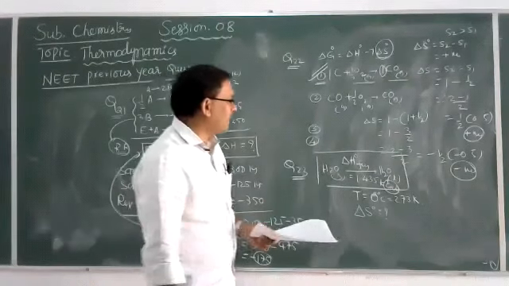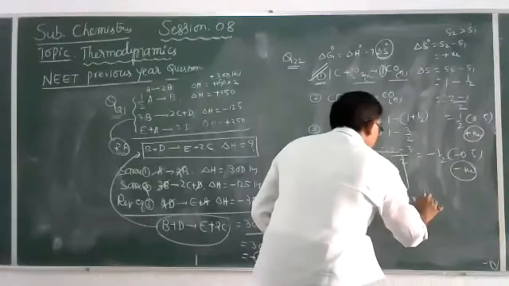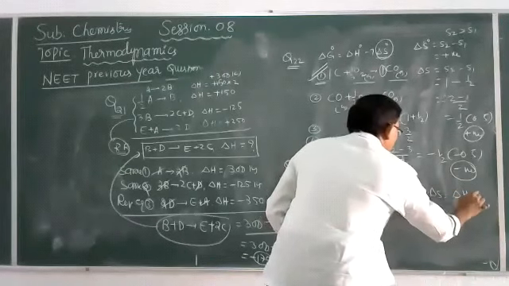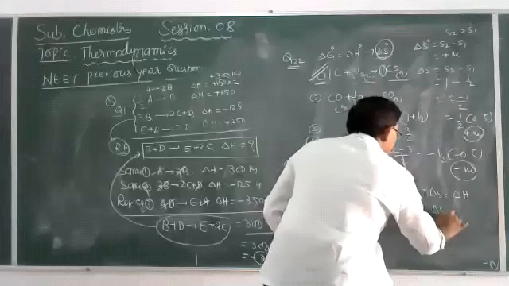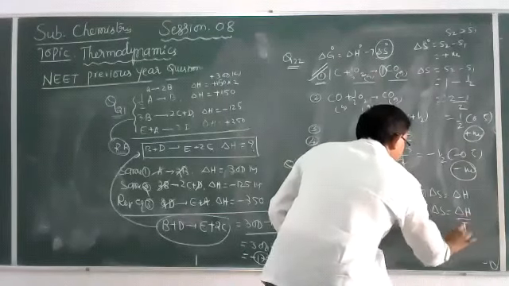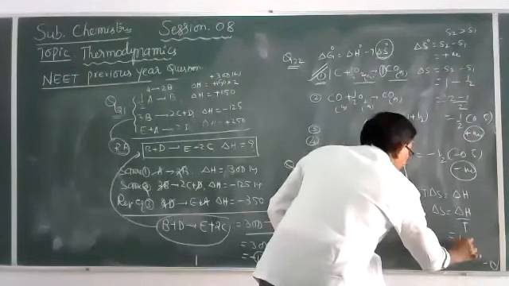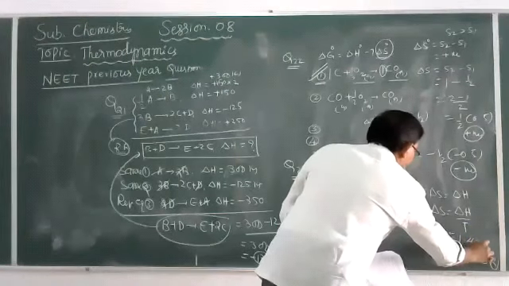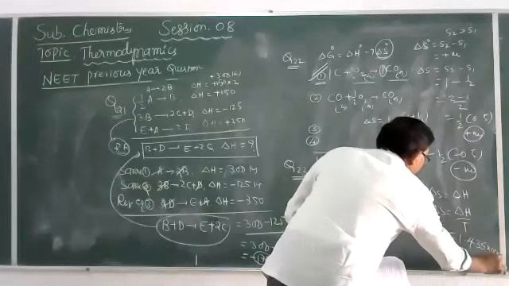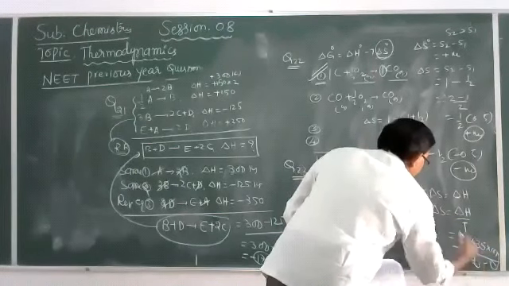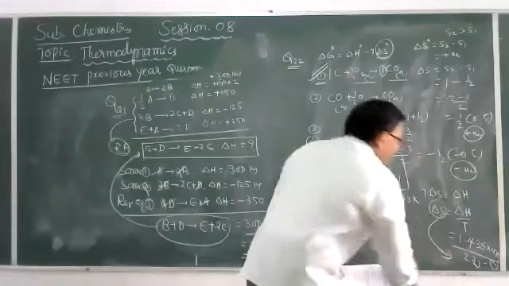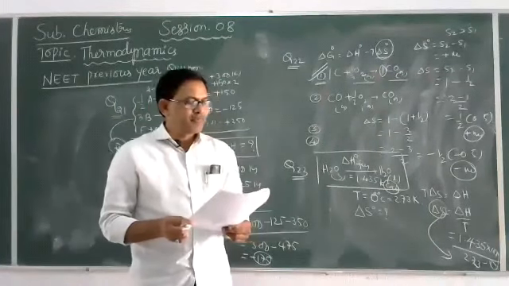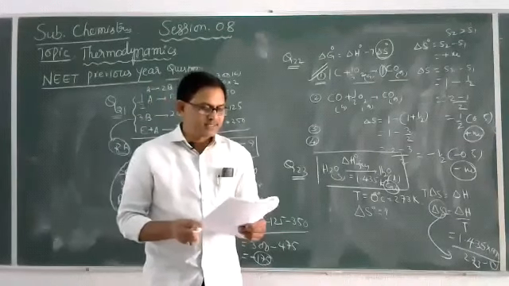We can use the formula: T delta S is equal to delta H, that is delta S is equal to delta H by T, that is 1.435 into 1000 divided by 273. Here the delta S value we will also get in calories. Okay, calculate. Answer is the first one. Next,